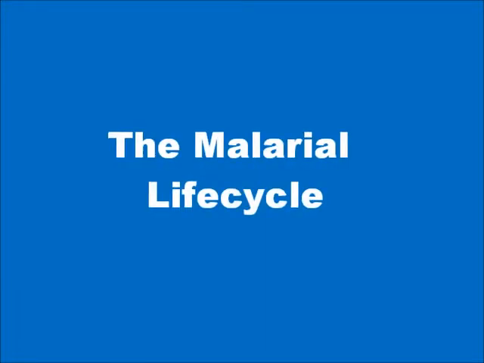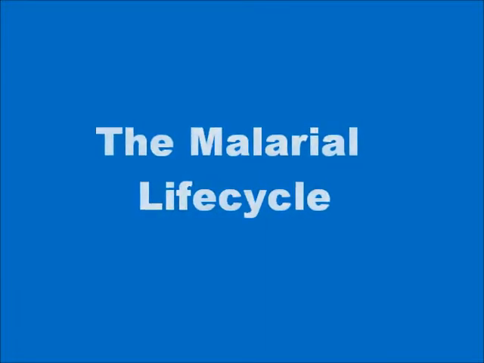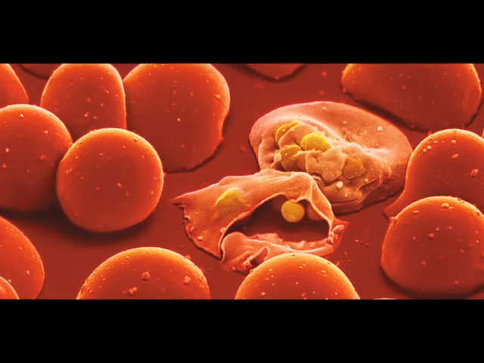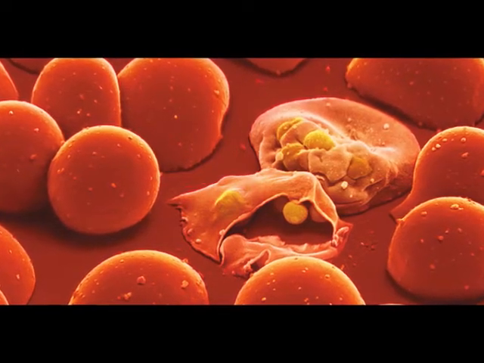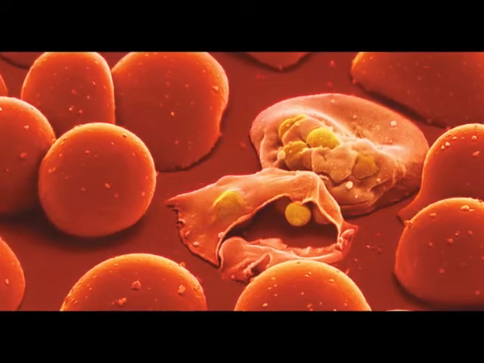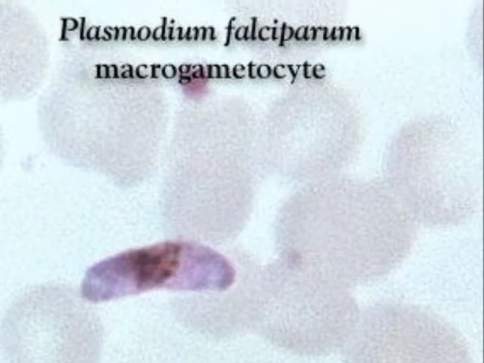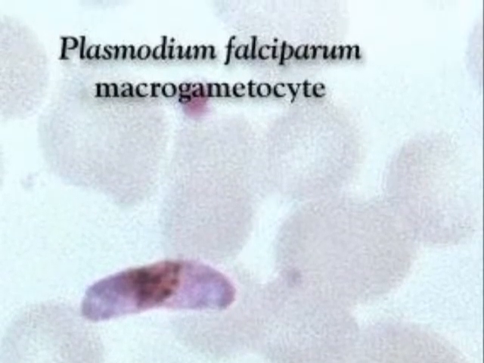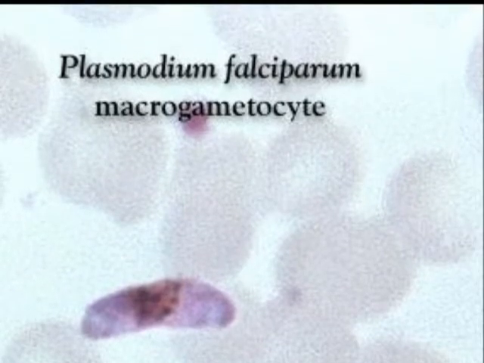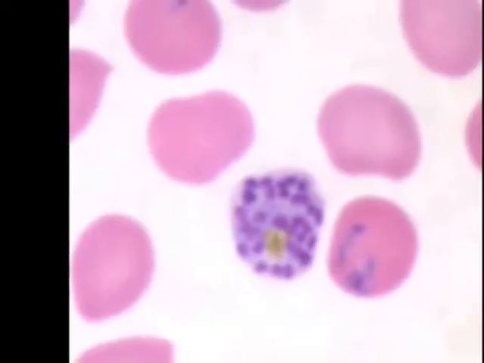Malaria is caused by a parasite that belongs to the genus Plasmodium. There are 4 species that infect humans: P. falciparum, P. vivax, P. ovale, and P. malariae. P. falciparum is the most deadly and is found primarily in Africa. The life cycle of malaria is complex, and this is one of the reasons why it is so hard to